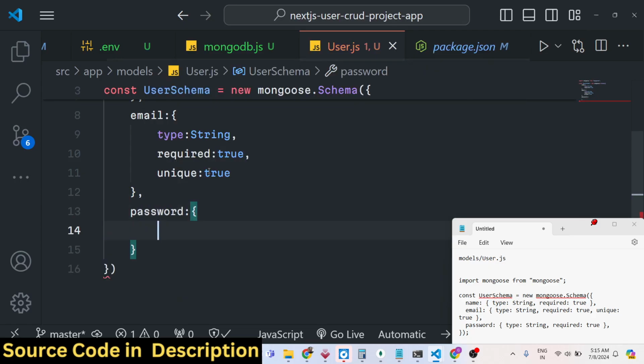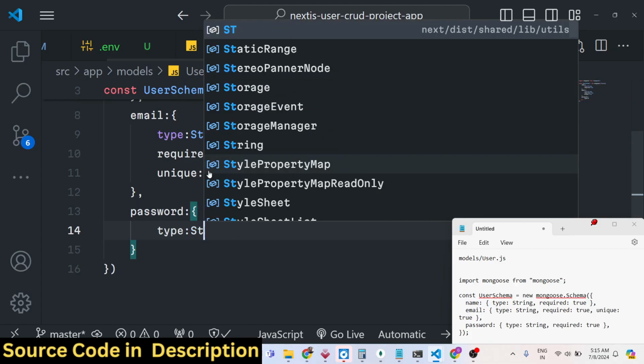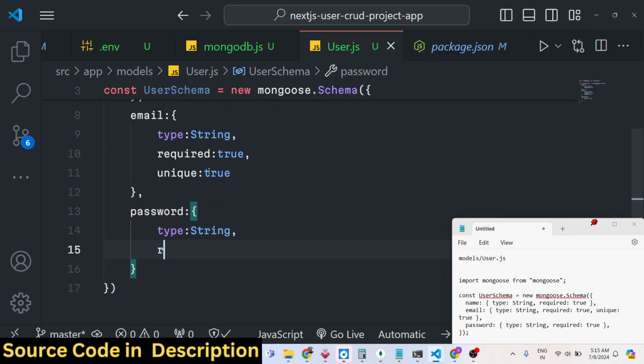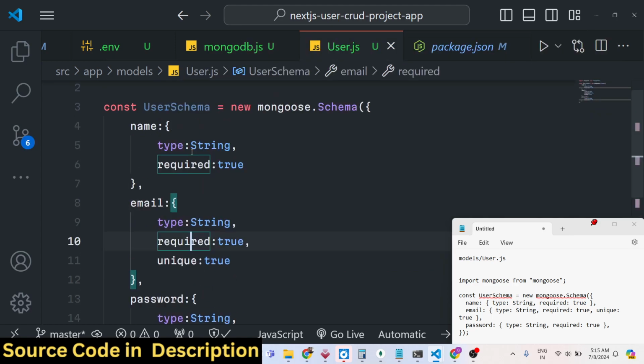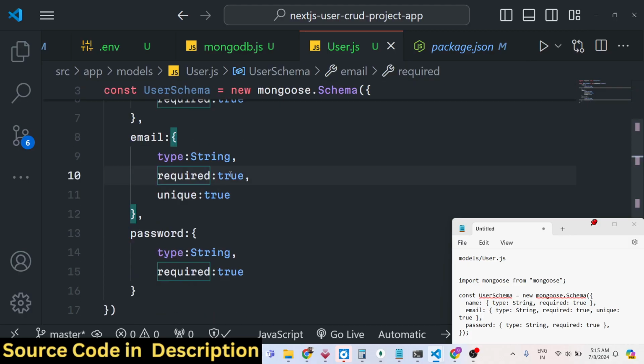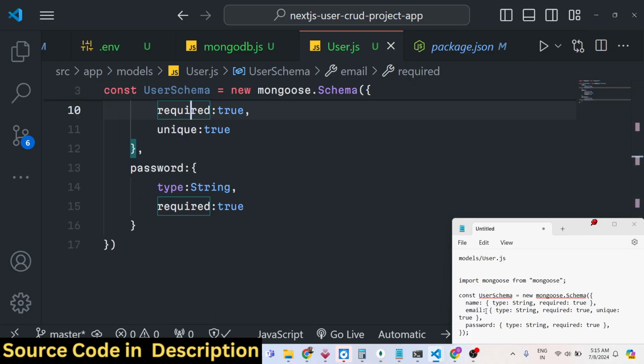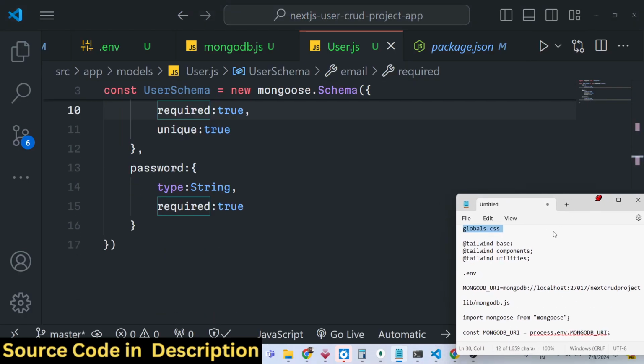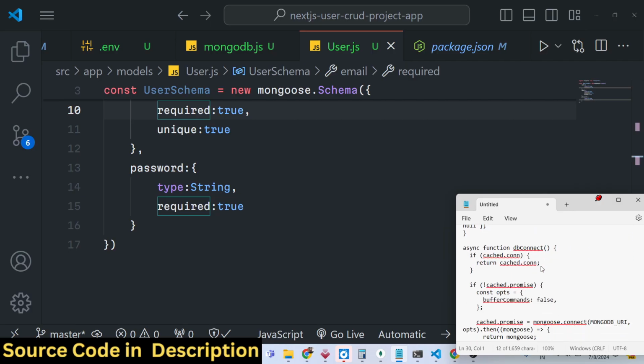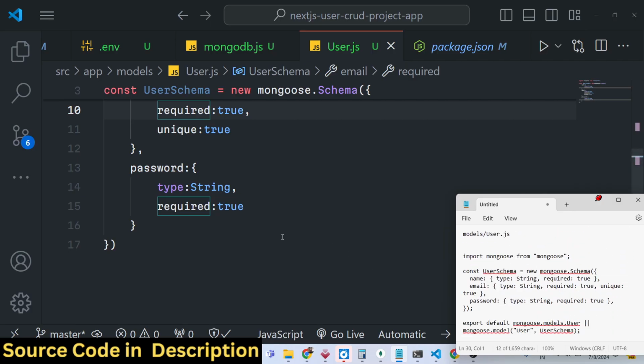So in this easy way, you can define your schema, whatever data that you want to store, in which structure, required to be true. So we can have more restrictions, such as, let's suppose you want to have a password of a certain minimum length, maximum length, you can read the mongoose documentation. It has a lot of filters available. So after you do this, we can actually export this,